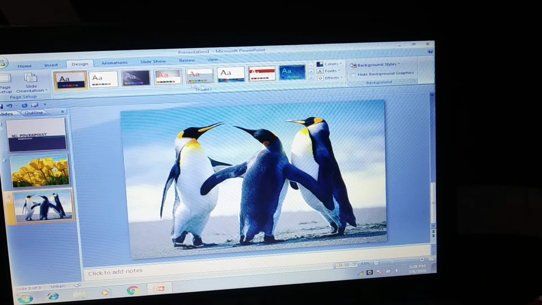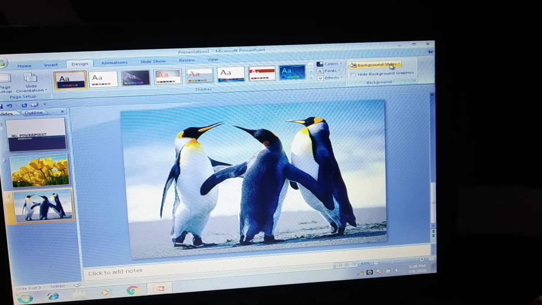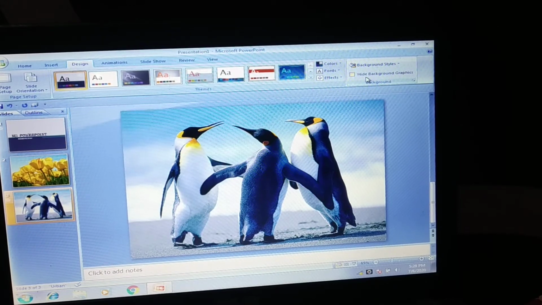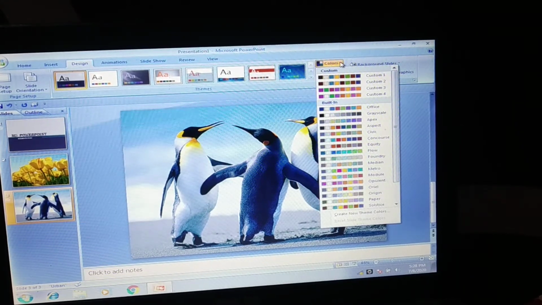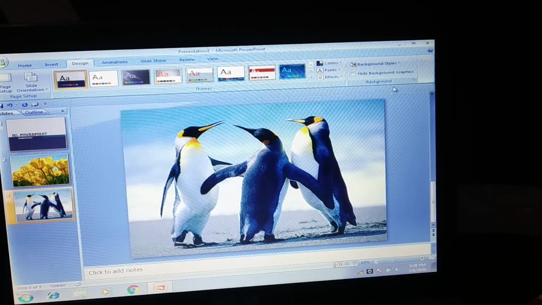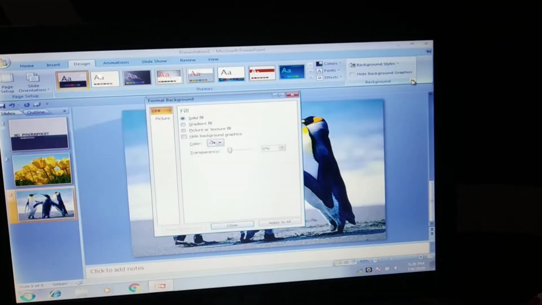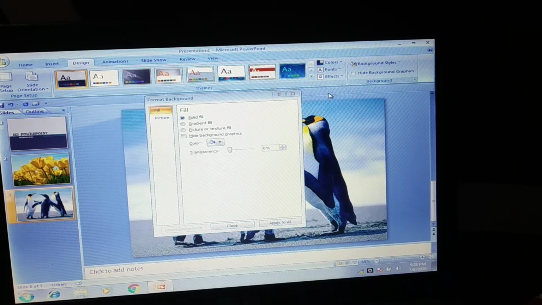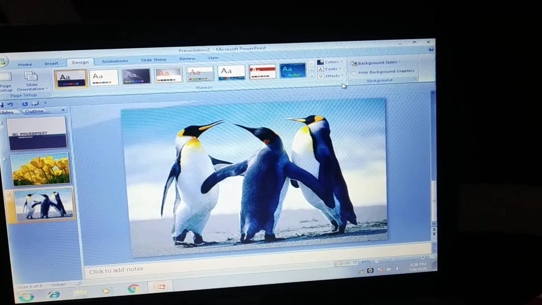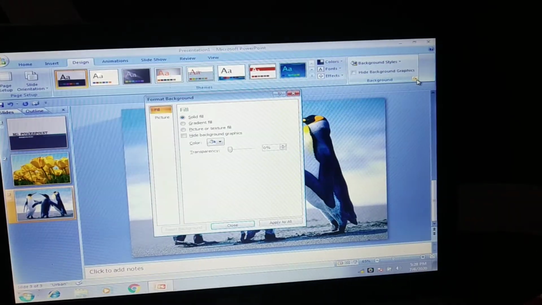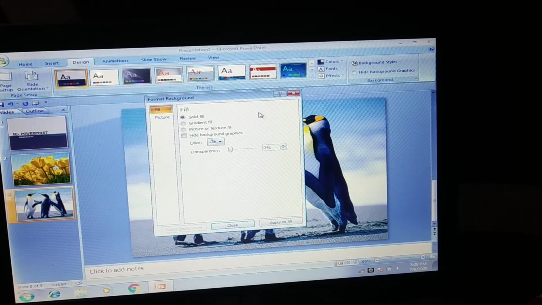Okay, and if you click on this drop down arrow, there are so many colors that appear. Colors, fonts, writing style also you can choose of your own. Then see, this is the background group, and here is one small arrow. If you click on this, solid, gradient, fill, these options you will get.